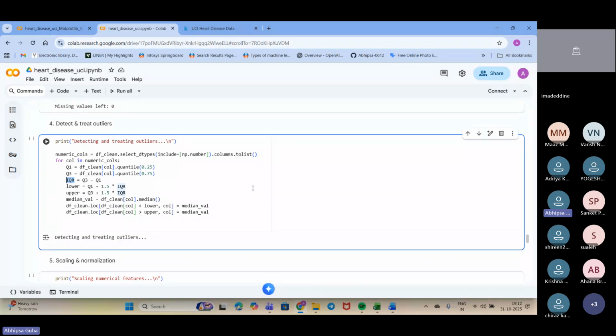Now, once that has been set, we move on to detecting the outliers. The median is the middle value of that column.